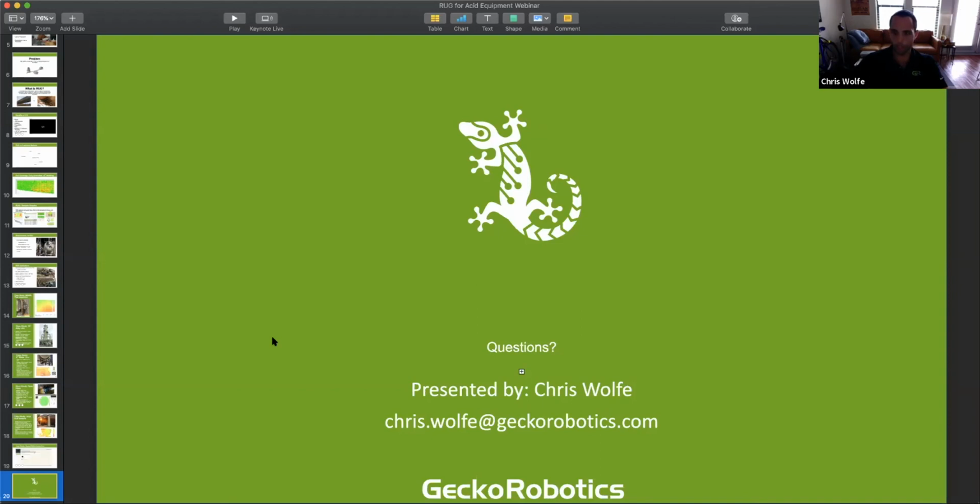I know we did talk about insulation a little bit at the beginning of the call. We're not going to be able to inspect through insulation, but if you do happen to have the assets offline and we can get inside them, Gecko is a fantastic application for inspecting on the other side of the insulation and looking for corrosion under insulation. We've also done that with say fireproofing, getting on the other side of fireproofing as opposed to removing it at all and then inspecting it